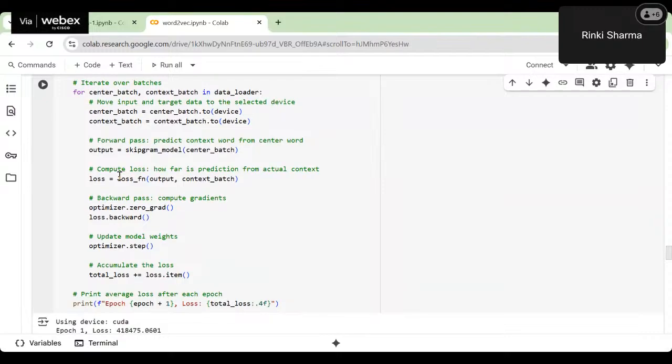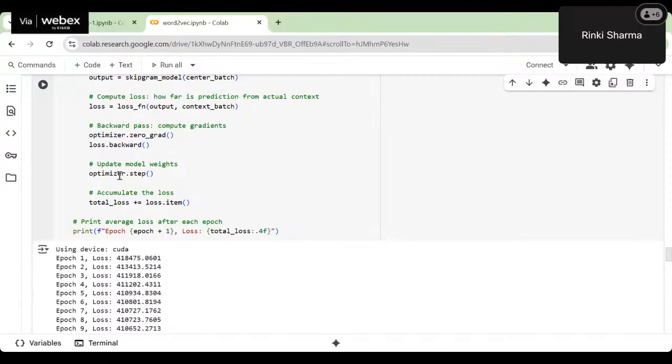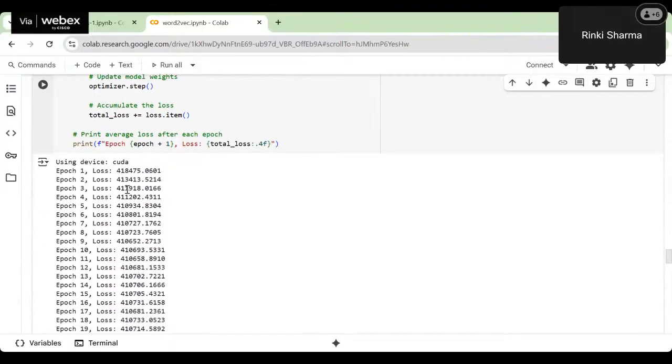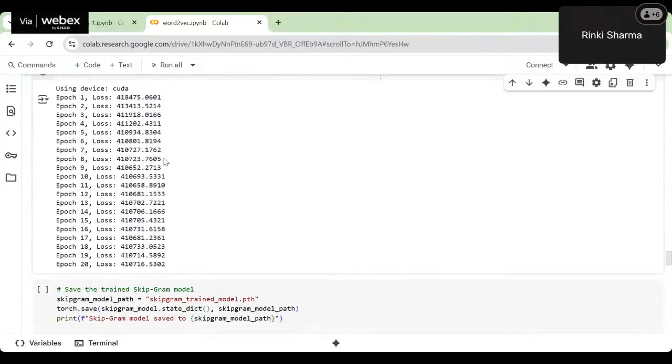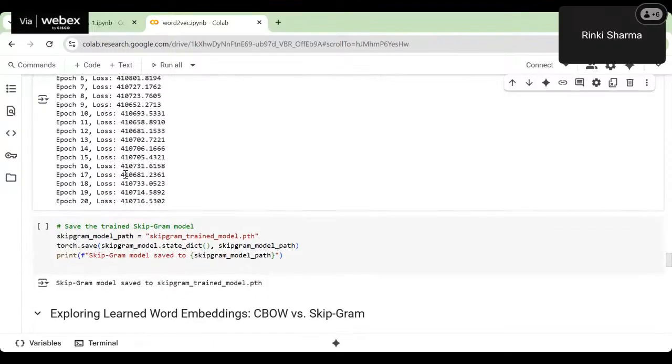You can increase the number of epochs as per your choice. The output printed shows the training loss for 20 epochs. So after the training,